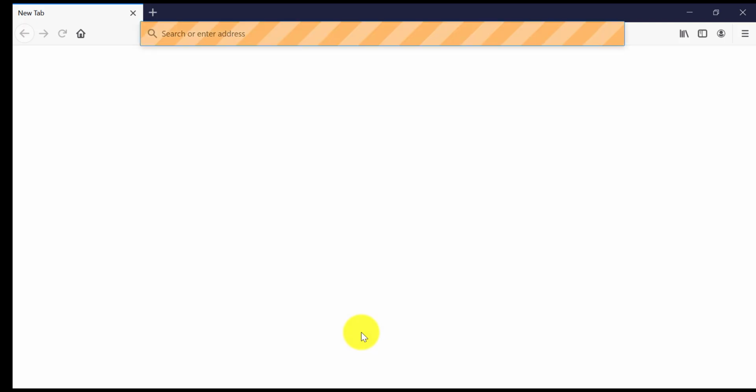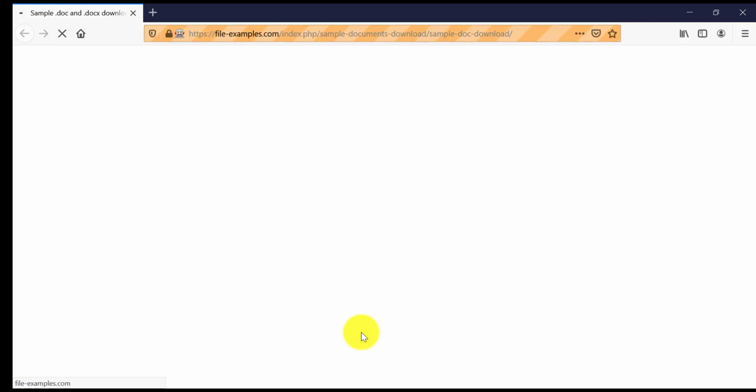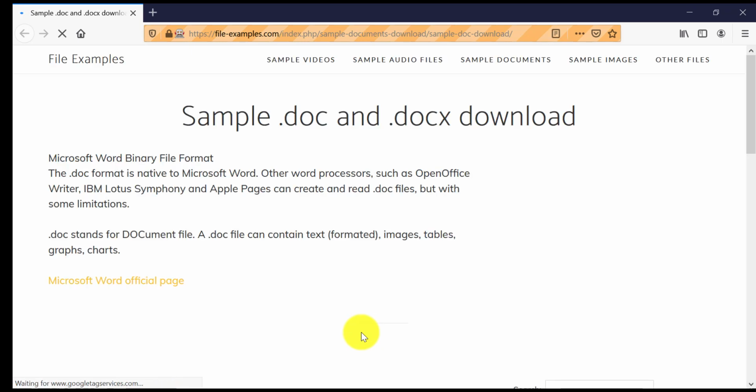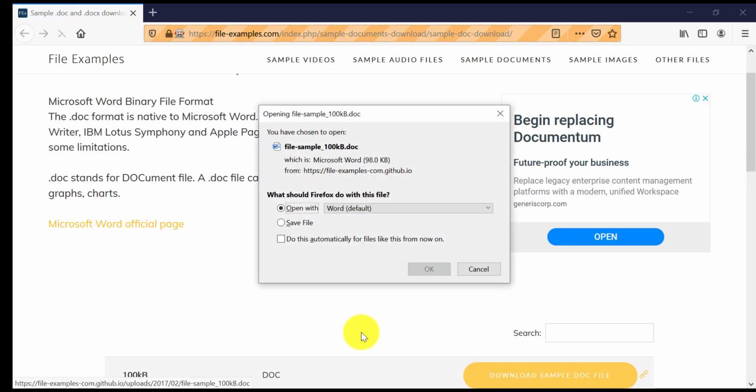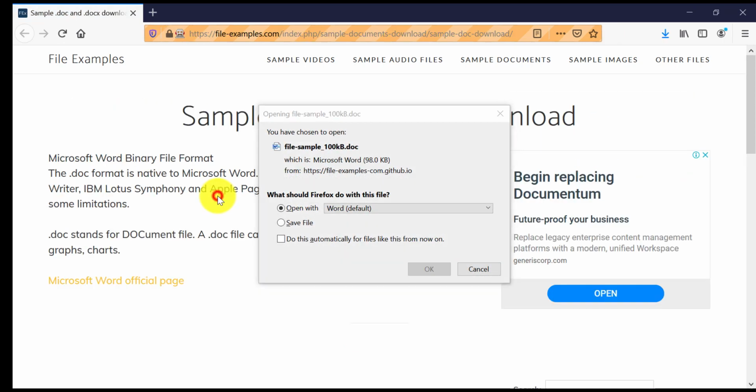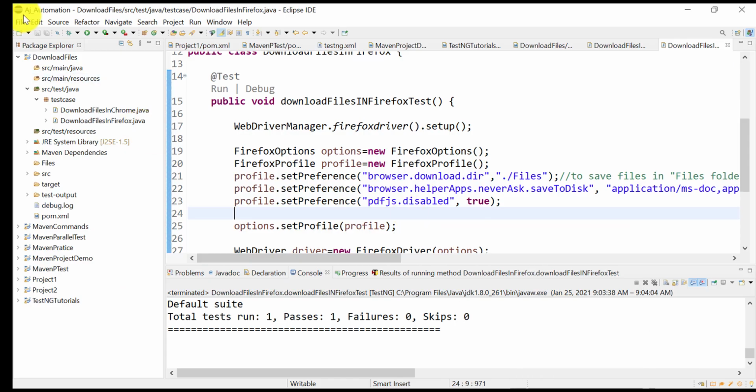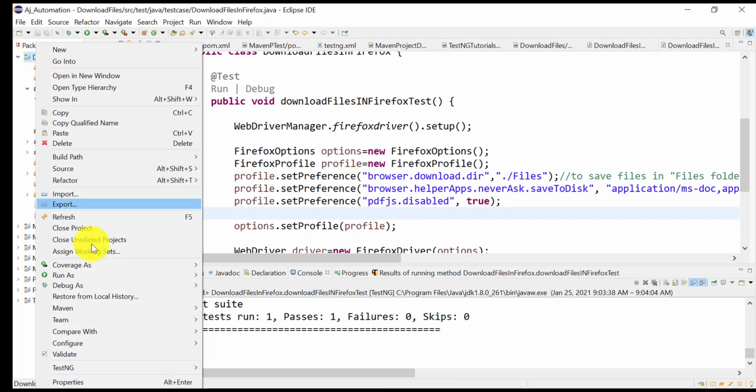Okay, it has opened Firefox Mozilla, and there is an issue, I think. Let us see if it has downloaded the file in the files folder or not.